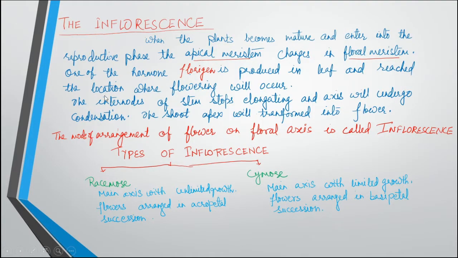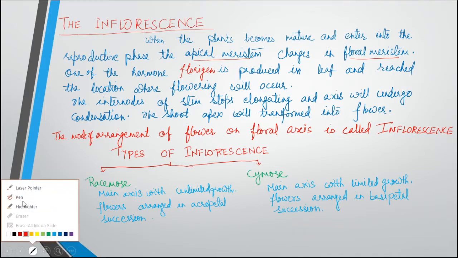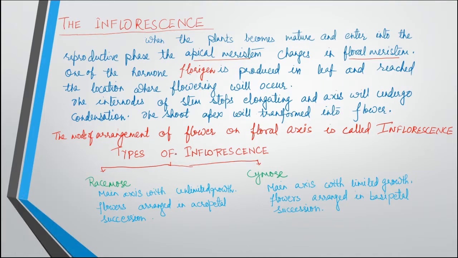Inflorescence. The mode of arrangement of flowers on the floral axis is known as inflorescence. When the plant becomes mature, it will grow in size, undergo maturation, and complete its vegetative phase and then enter into the reproductive phase. At that time, the flower will appear on the apical meristem, which now changes into the floral